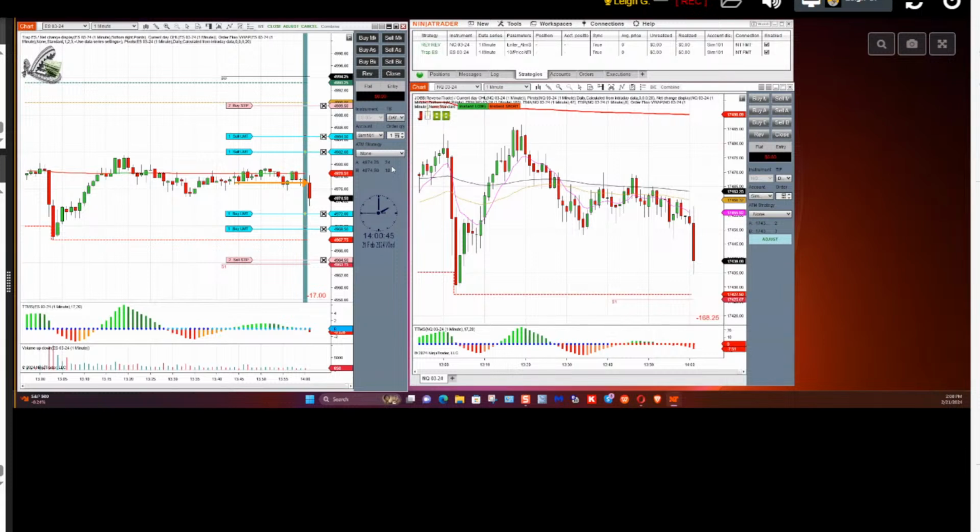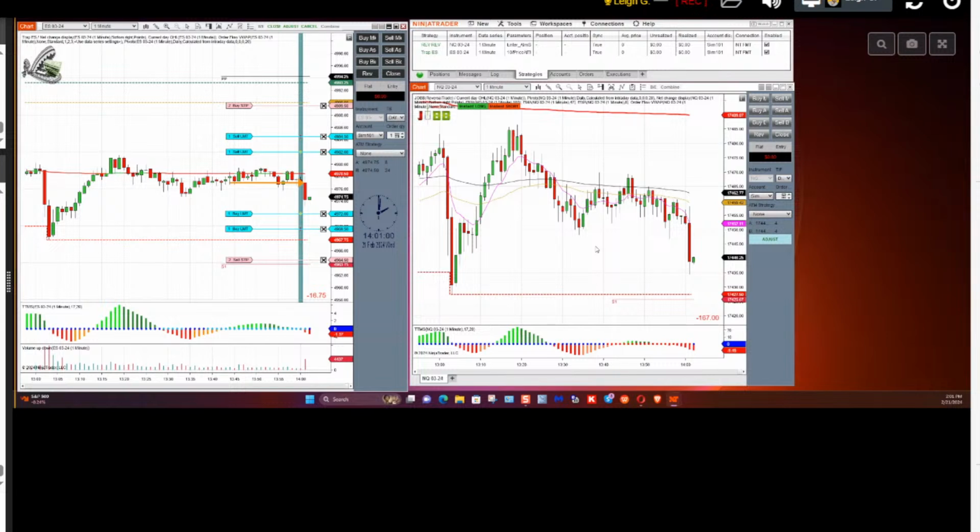So now, the NQ looks like it wants to go test the low. But remember what I said, the market's going to respond to the news. And the news is like being fed nonstop from the report, which makes it very tricky. So you've got more than a minute. I would have probably let that fill. Okay. I would have let that fill if I were trading this on the ES. We've got one tier